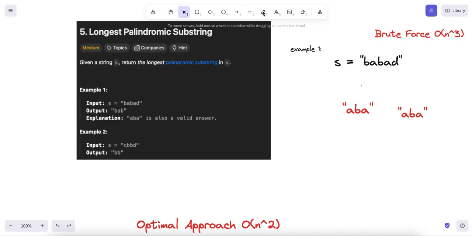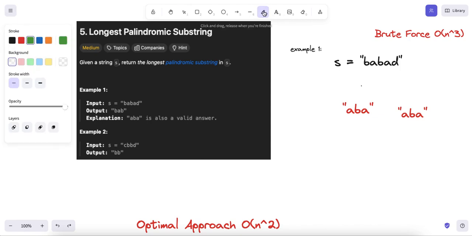Hey everyone, today we'll be going over LeetCode problem number 5, longest palindromic substring. This is another problem off the Blind 75 list, which is a list of problems commonly asked during technical interviews. In this problem, we are given a string S, and what we want to do is simply return the longest